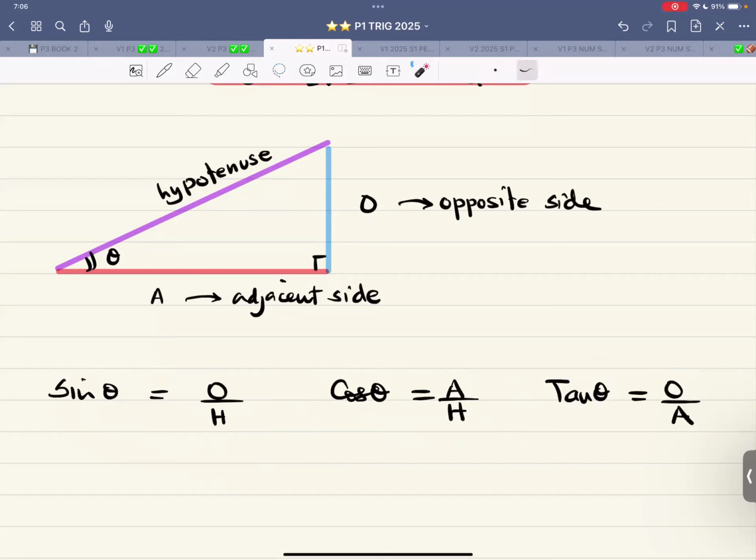So from the perspective of the angle, this is the opposite. From the perspective of the angle, this is the adjacent. From the perspective of the 90-degree angle, this is the hypotenuse. So sine is opposite over hypotenuse. H for hypotenuse, I'm using this symbol. And then we have cosine, that is adjacent over hypotenuse, and tangent is opposite over adjacent. So based upon this,